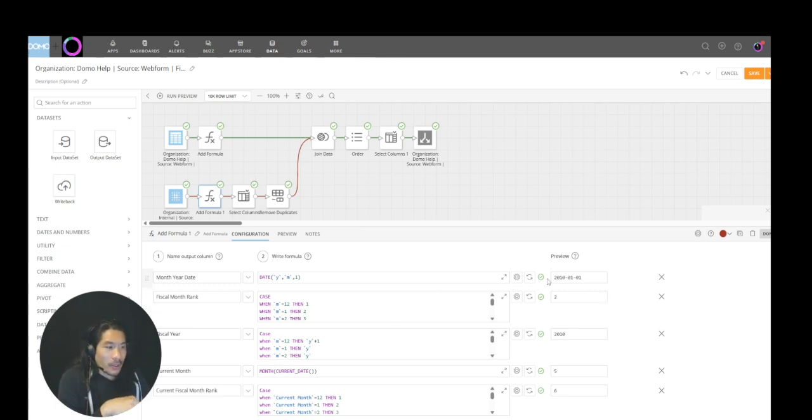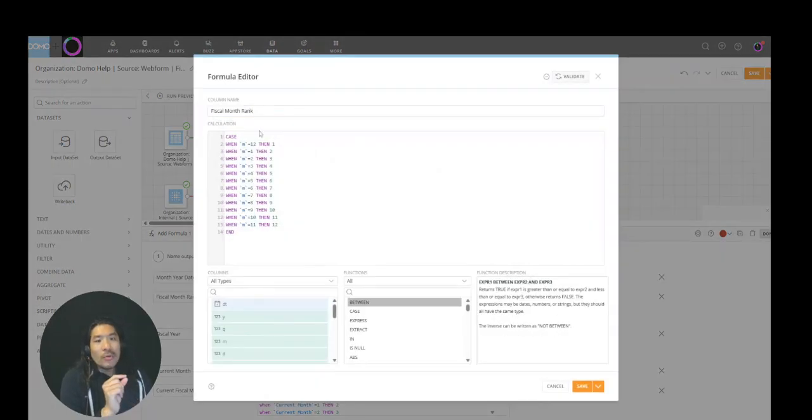Okay, I just wanted to do the same exact trick that we did above. Now here's where this really matters. We need to rank all of our months as the correct month in our fiscal calendar. So for instance, let's pretend that our fiscal calendar starts in December and ends in November. Okay, awesome. So what we're going to say is, hey, if it's the month of 12,